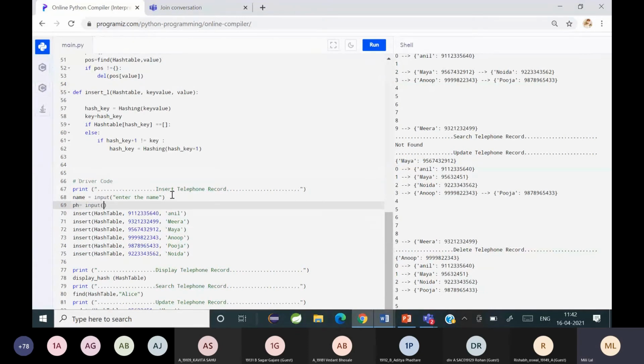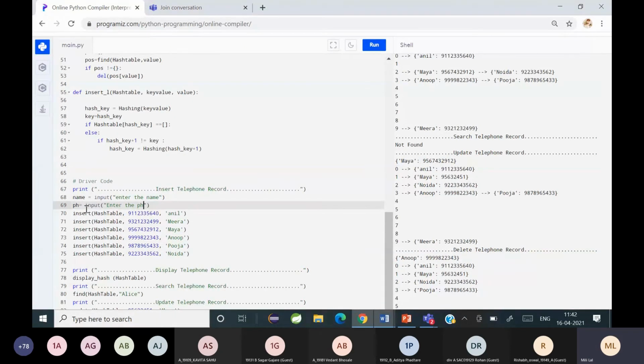Now you have to convert the phone number into an integer value, because an input takes a string value. So using the input function you can accept values from the user.